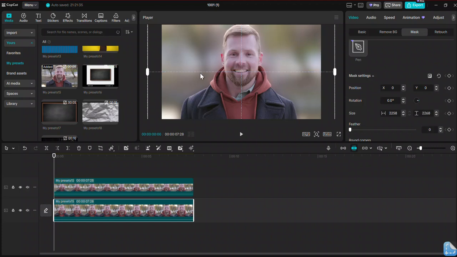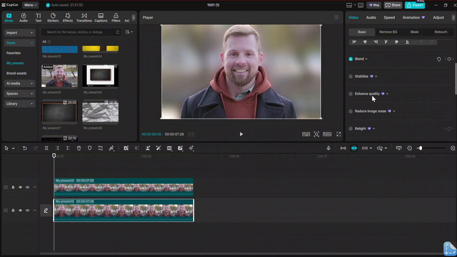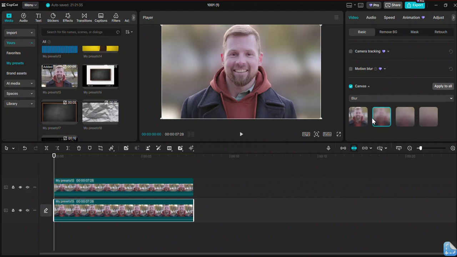If you want to change the blur, you can just select this first clip, go to basic, scroll to down. Here you'll be able to find the different option. You can go ahead now and select the blurred background that you want to add to your video,